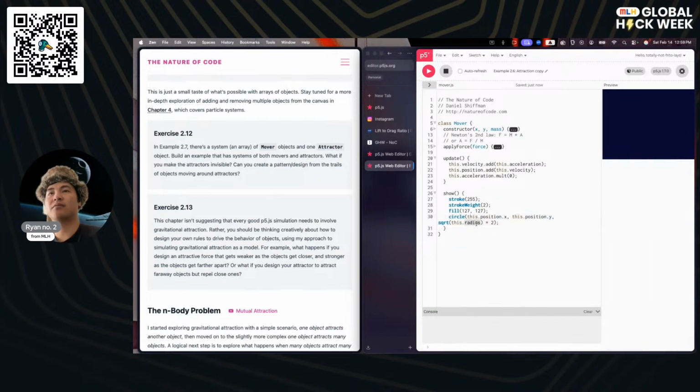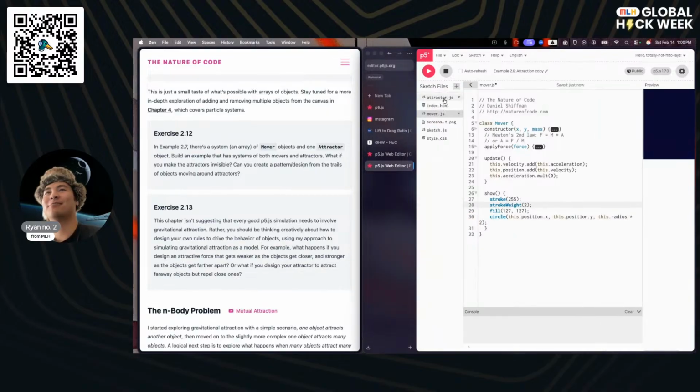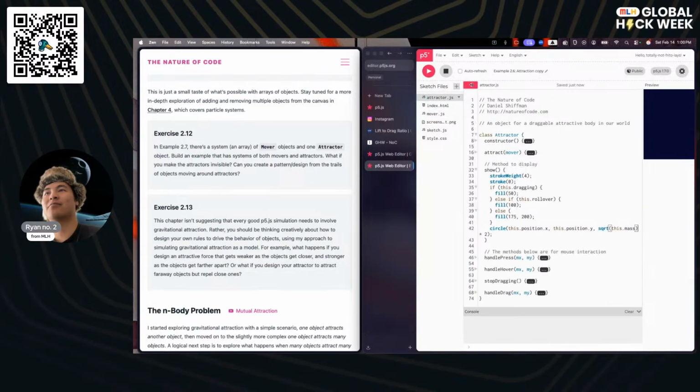And I realized that instead of radius, this should be mass. Very small. Actually, I kind of liked it when it was bigger. So we're going to leave it so that the radius doesn't actually affect how big.